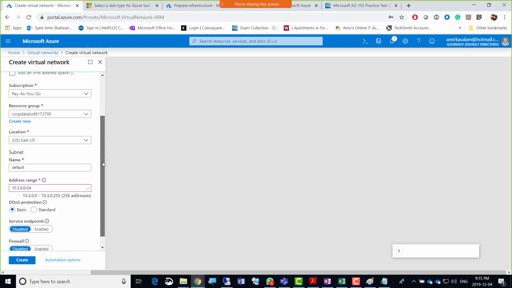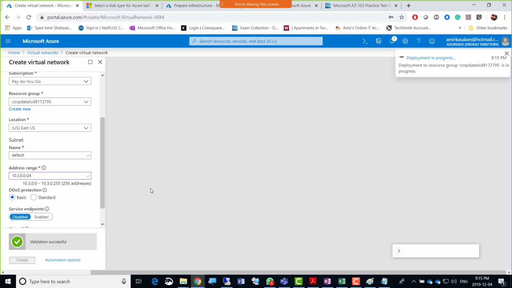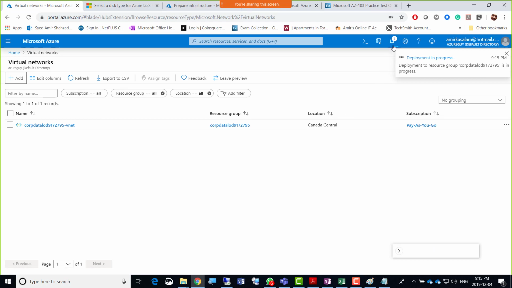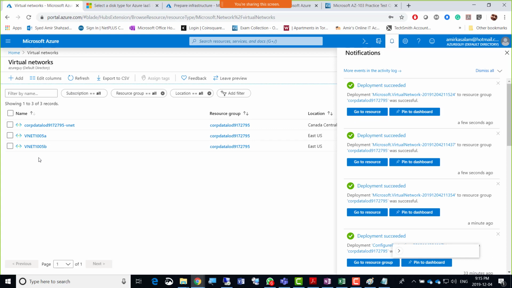Okay, so again, the resource group and the location are there, and 10.3.0.0, and I'll click create. All three virtual networks are getting created; in fact, two are created, the last one is creating. If I refresh, VNet 1005A and B are created already. The third one is also created, so I'm just going to refresh that.